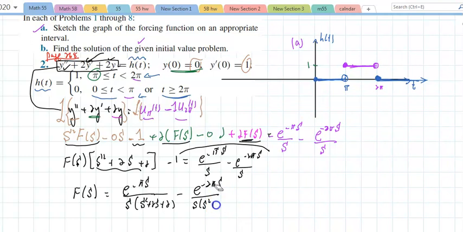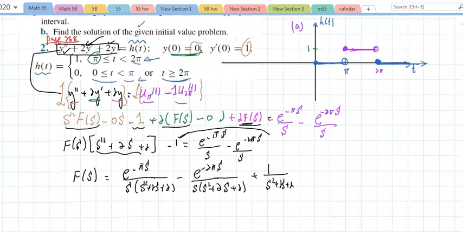S is the worst letter for me. It always looks like a 5, so I have to really work at making sure that it doesn't look like that. And this one right here that moves to the right is over s squared plus 2s plus 2. And now,